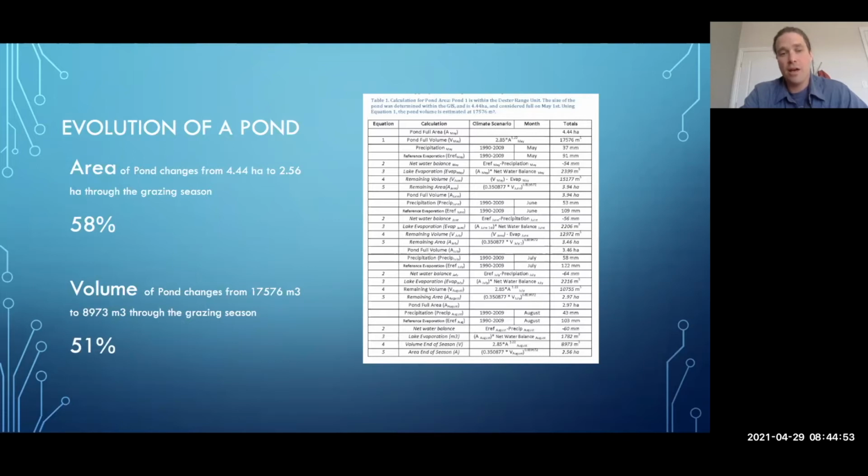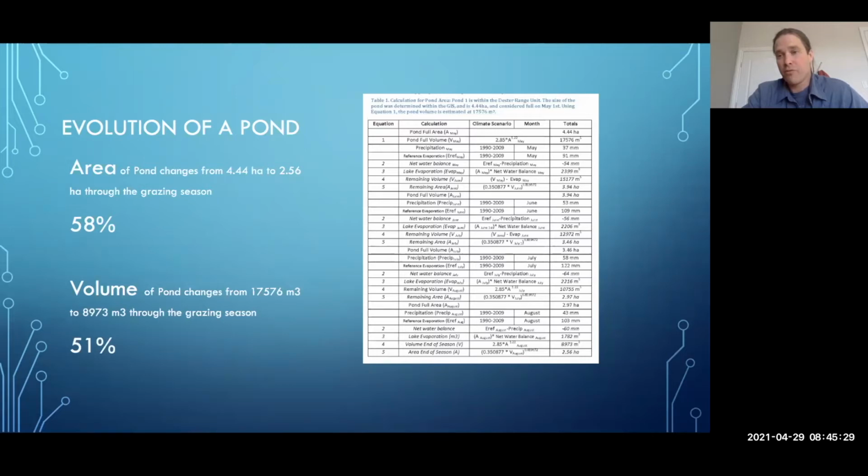season. And what that works out to is that, if a pond is about 4.5 hectares in size, it reduces to about 2.5 hectares in size by the end of the grazing season. And its volume, if we're looking at around 18,000 cubic meters, it drops down to about 9,000 cubic meters through the grazing season. And so this change is considered to be a large risk for those ponds less than 5 hectares. Once they're over 5 hectares, you start getting into changes of that 40%, 30% range in terms of the